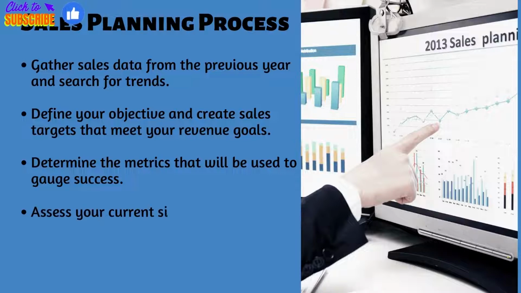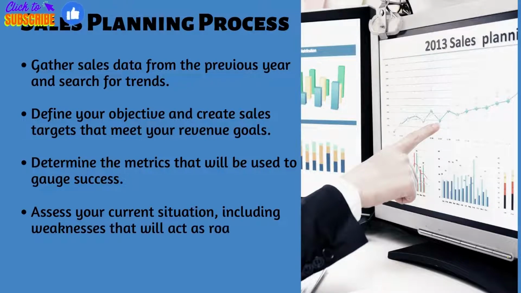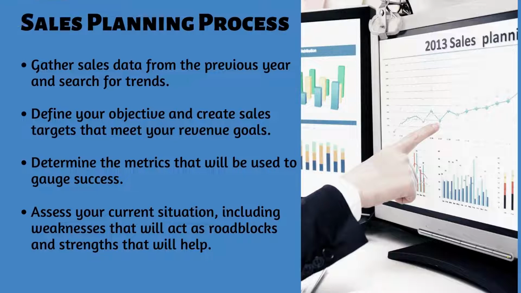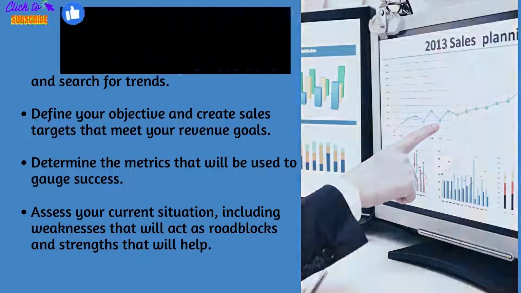The first step is to gather sales data from the previous year and search for trends. Then define your objective and create sales targets that meet your revenue goals. Third, determine the metrics that will be used to gauge success. Fourth is assess your current situation, including weaknesses that will act as roadblocks and strengths that will help your business